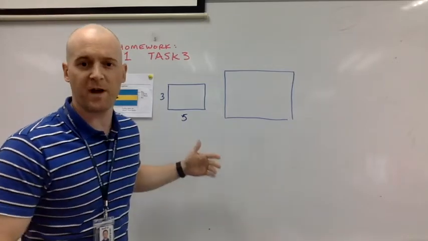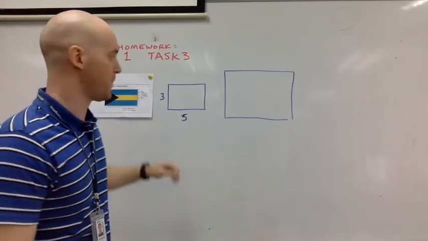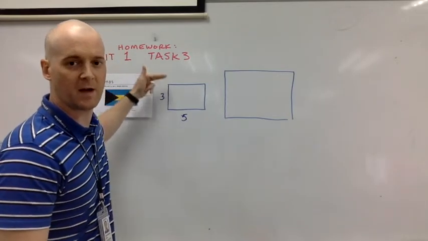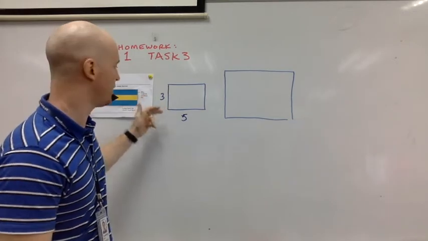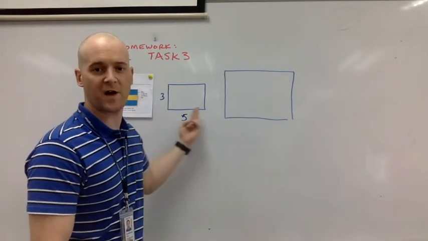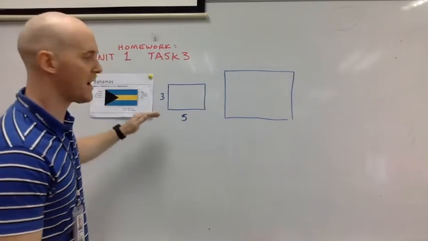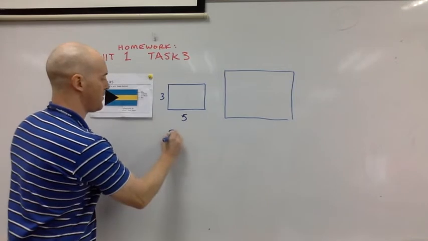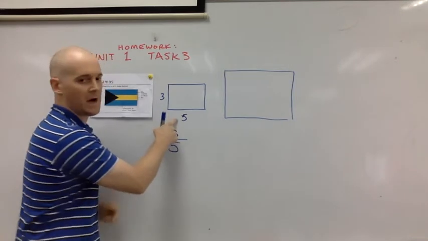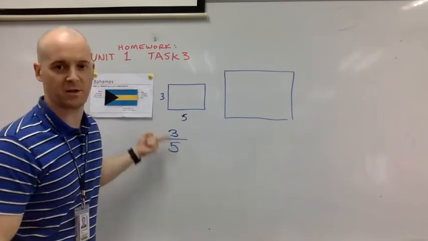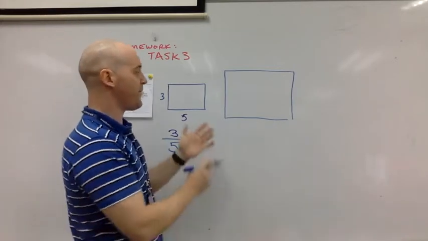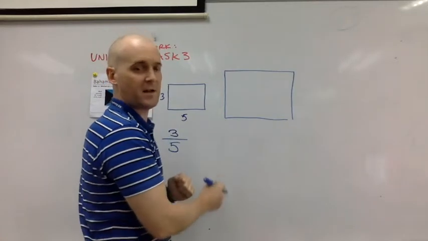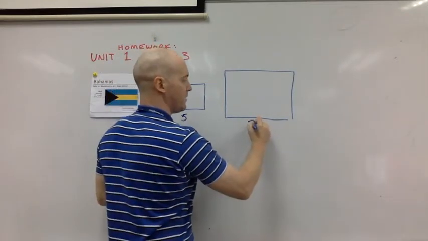For a simplified example of how to use this, let's say the short side or the tall side of the flag is 3 units and the long side is 5 units. So this flag has a ratio of the side lengths that's 3/5, 3 to 5, and that can be expressed as a fraction 3/5. If I make my flag much bigger and say now the long side is